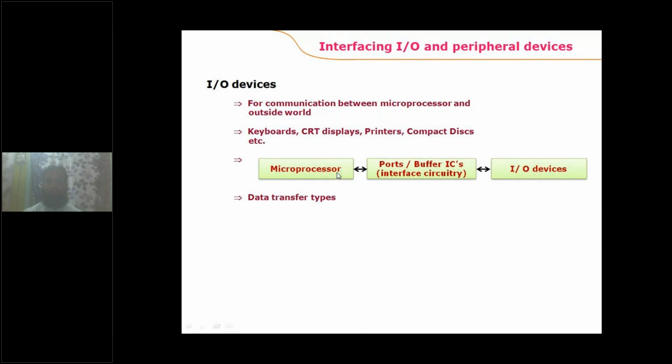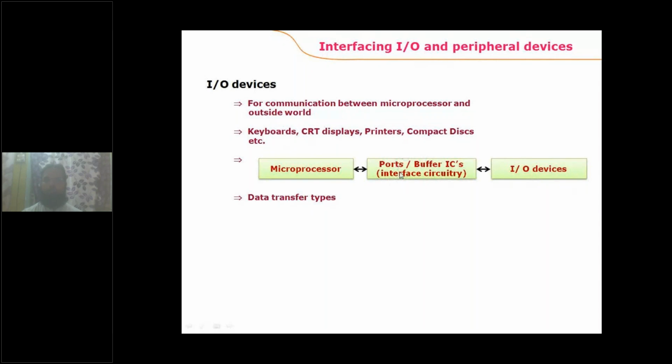Whenever the processor sends data to the output device, let us take the example of a printer. If the processor sends data to the printer to print out, but the printer is not in a condition to take the printout of that data, where will the data be stored? The data will be stored in the port, until the printer is ready to collect the file from the processor to print out.